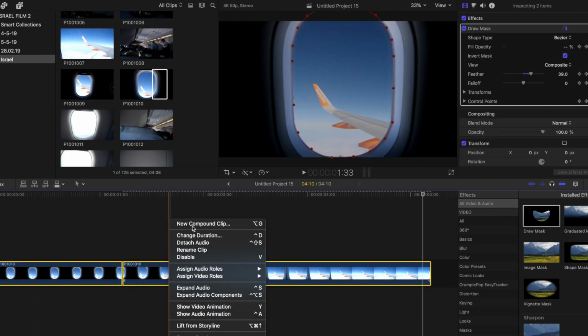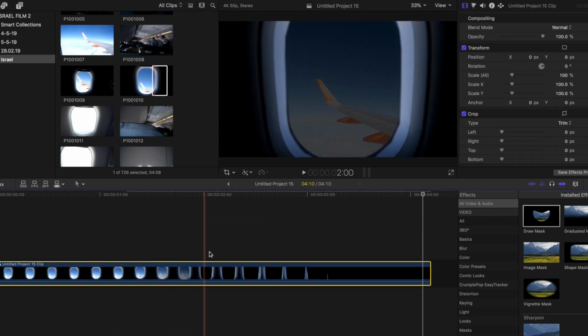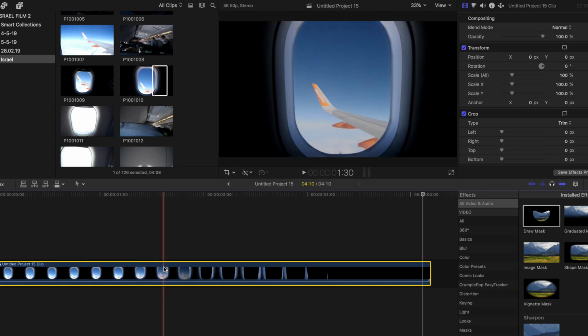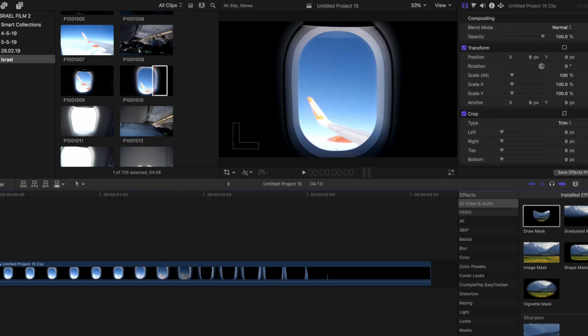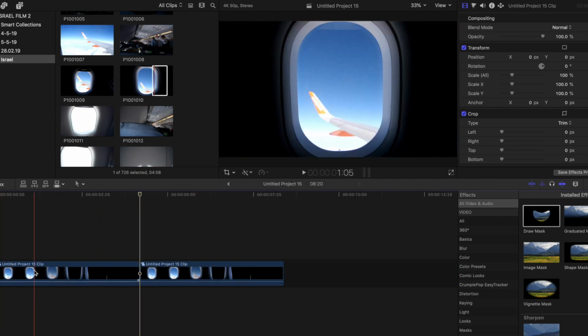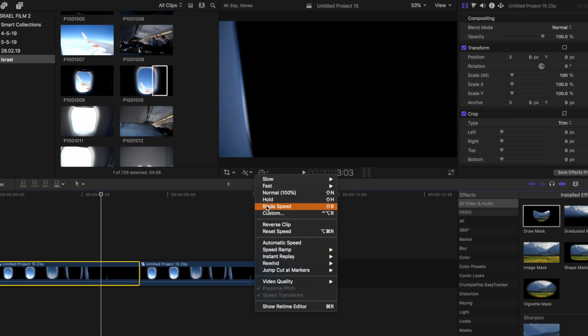Cool. Now I want you to mark both clips. Right click it and create a new compound clip. So mark this clip, type in Command C, go over here, Command V. Now we got 2 of the same clips. It's just the same dolly movement. To avoid that, we're gonna